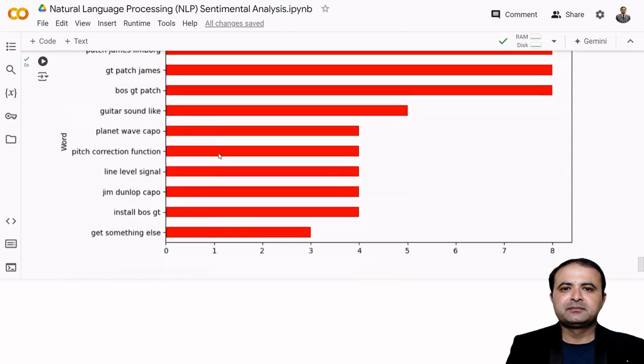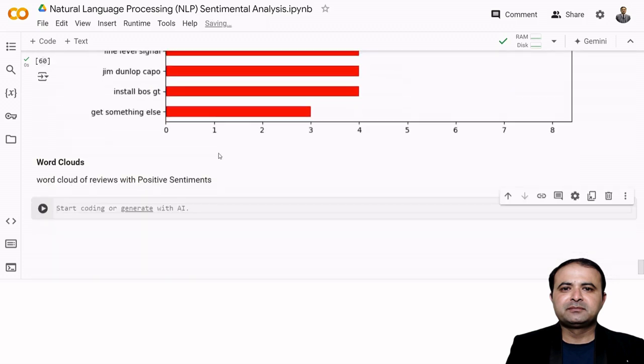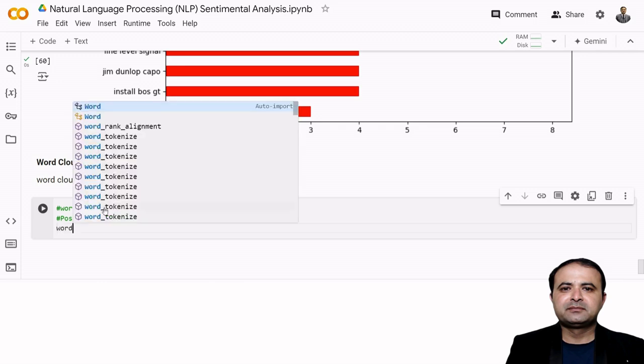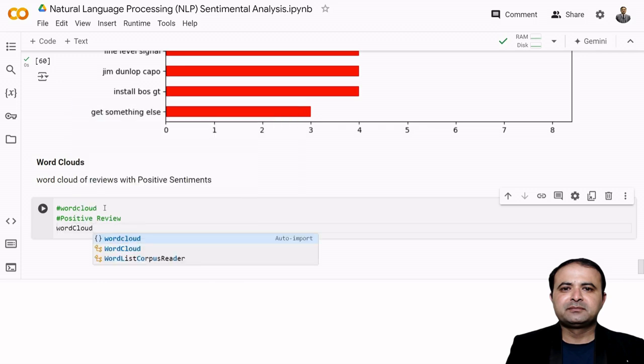Trigram analysis, the 2-gram and the unigram. So now I want to visualize all the data into this one. So the word cloud. So if you want to display all the data into the word cloud, the positive. So I just want a word cloud, the name, and word cloud,